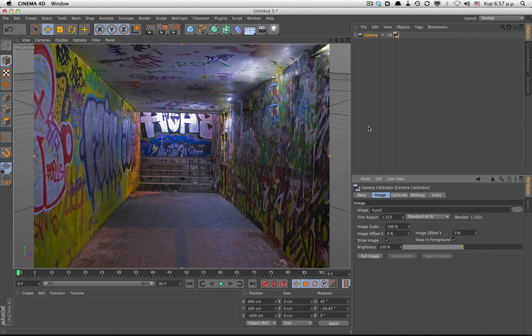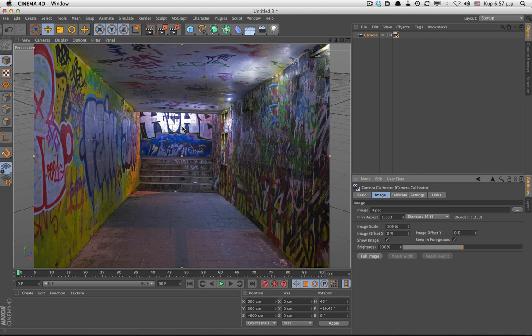As you can see from the grid behind the picture, our camera is way off. Let's see how we can fix that. We need to somehow give some information to the program about where each plane is in our picture. If enough information is given to it, Cinema will be able to figure out what lens is being used, the rotation of the camera, and a whole lot more.